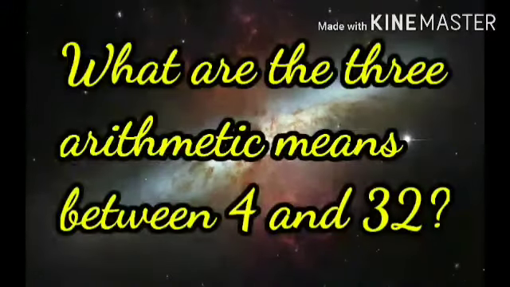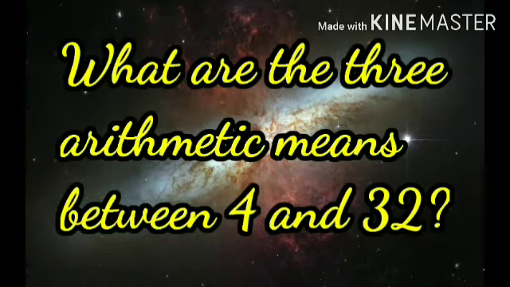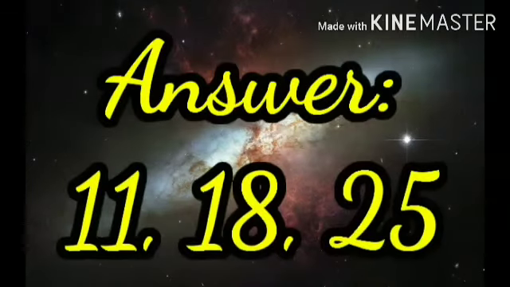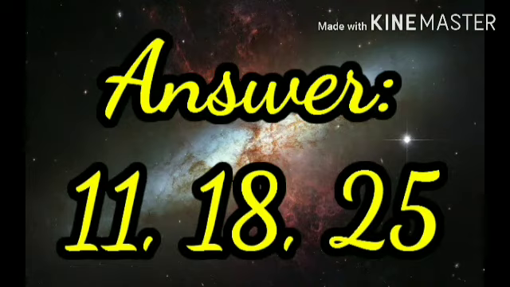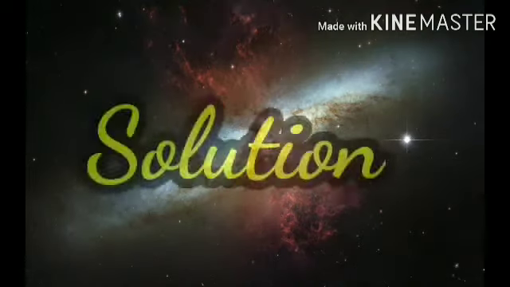What are the 3 arithmetic means between 4 and 32? Answer: 11, 18, and 25. Solution: